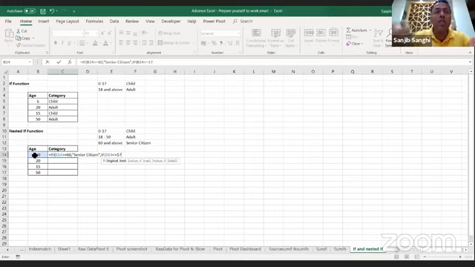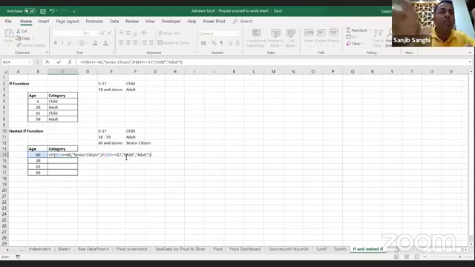Now what is the answer going to be here? Can anybody tell me? If it is less than or equal to 17, what's the answer? Yes, child, good. So I'll say if it is less than or equal to 17, it's going to be child. So I'll open the quote, type in child over here, close the quote. Okay, great. And what if the value is false? Now the only option left is adult. So I will say adult, right? I close the bracket. One close for this particular if and another close for the outer bracket. So make sure you are closing both the brackets.